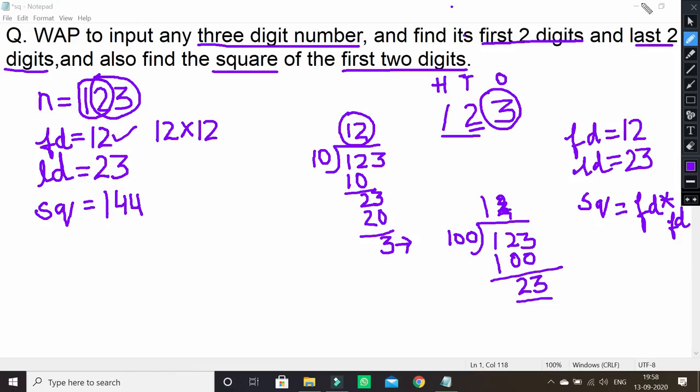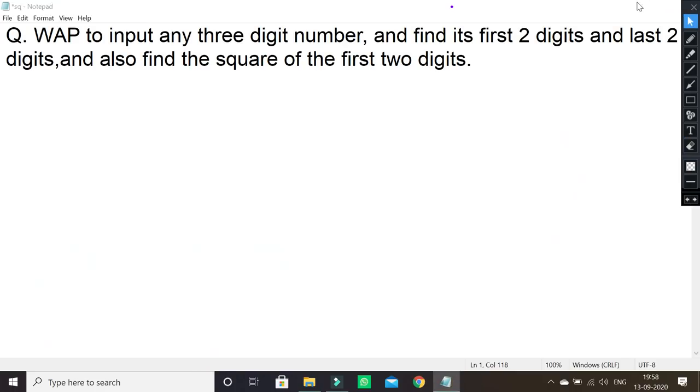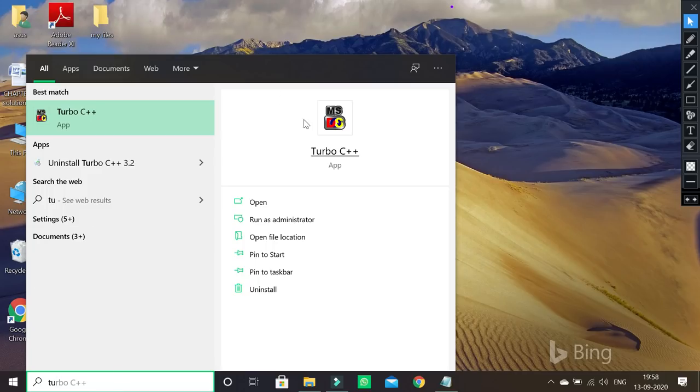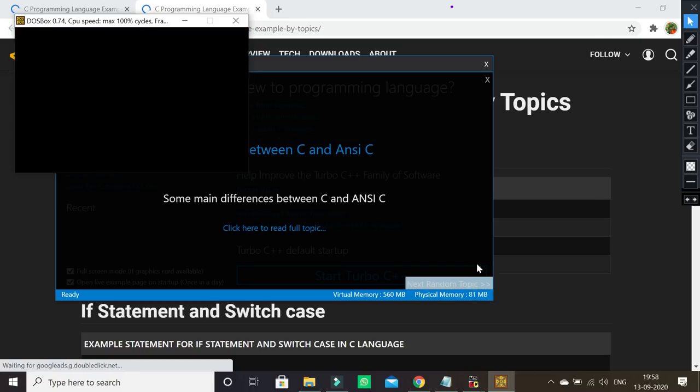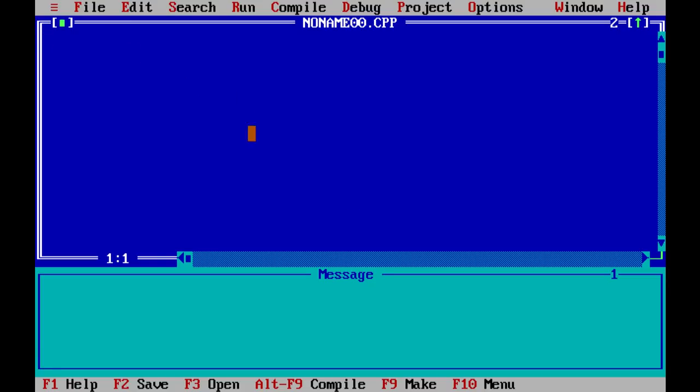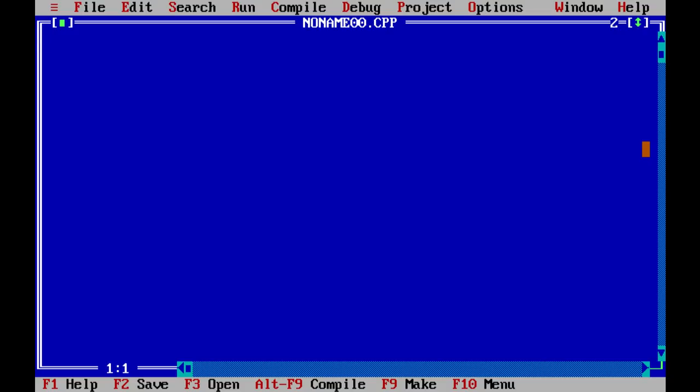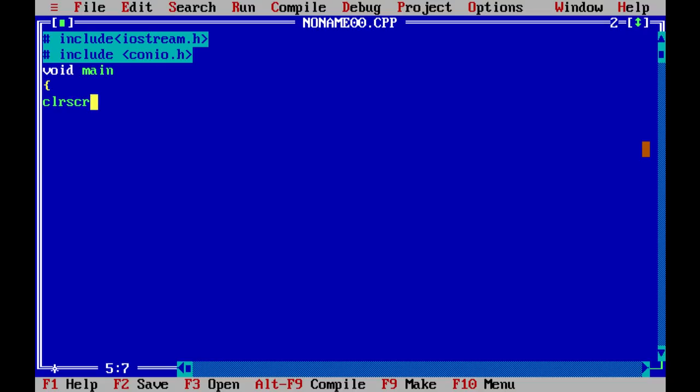Let us see how we will solve this in C++. Let's open Turbo C++. I'll open a new file. Now start writing. So hash include iostream dot h, then hash include conio dot h, then void main, then curly bracket, clrscr, and